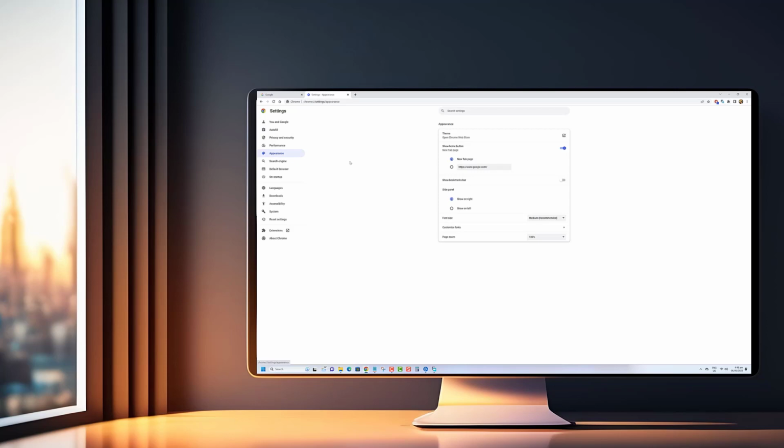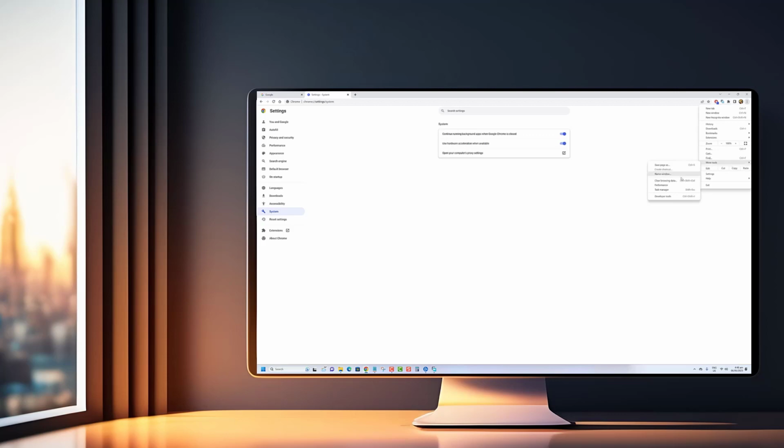We've all been in situations where a download monopolizes our internet bandwidth, slowing down our entire browsing experience. But fear not, in this video, we'll show you how to regain control and put a cap on Chrome's download